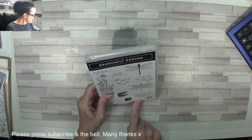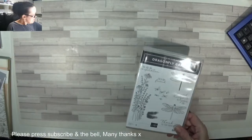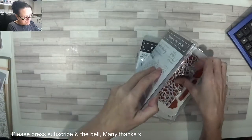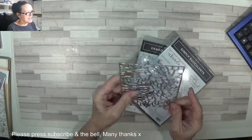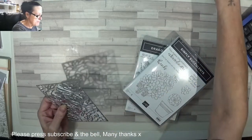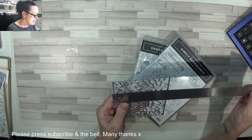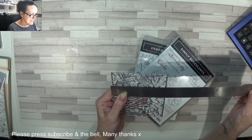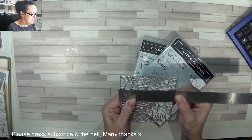I haven't used any of this yet apart from one sentiment. I've also teamed it up with this beautiful die, which, to be fair, should have been 3 7/8 and not 4, because it's American size, so we can only just get a layer. Look, 4 inches. It needs to be 3 7/8